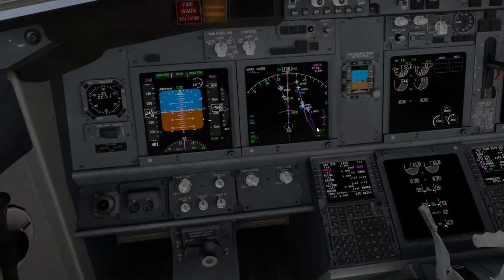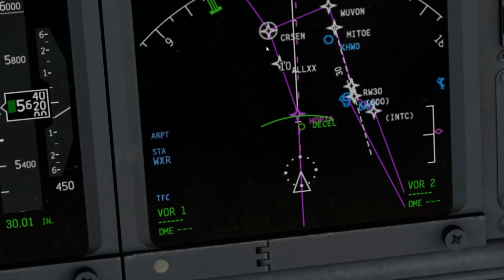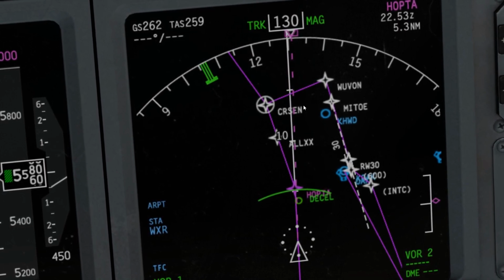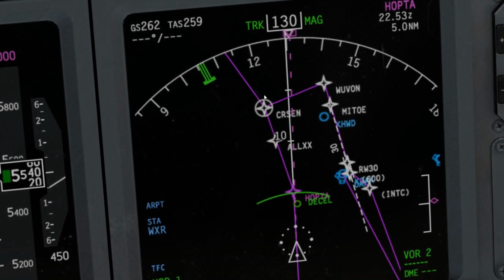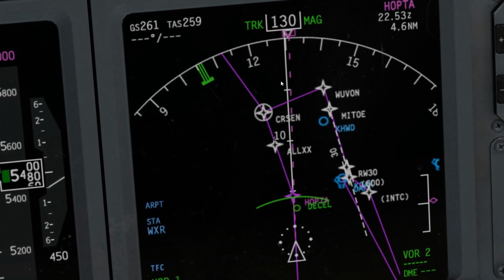As we can see here, we're going to be flying to HUPTU, then Alex, and then Carson. And although this pink line exists here, we're not actually flying with that pink line. It's going to be turning us out on a vector out this way. What we'll probably do though is loop ourselves back and come back and intercept the ILS at